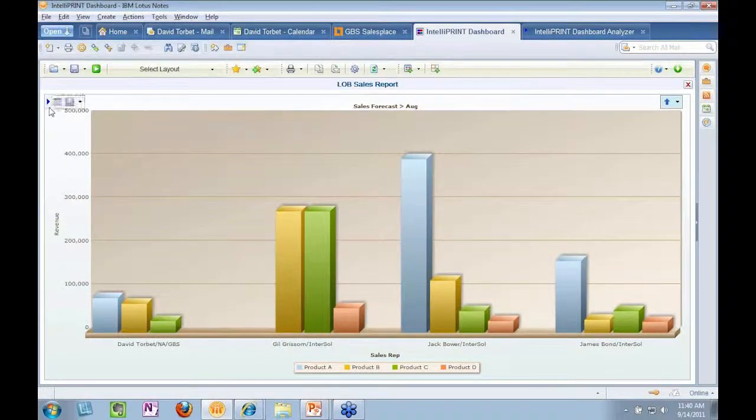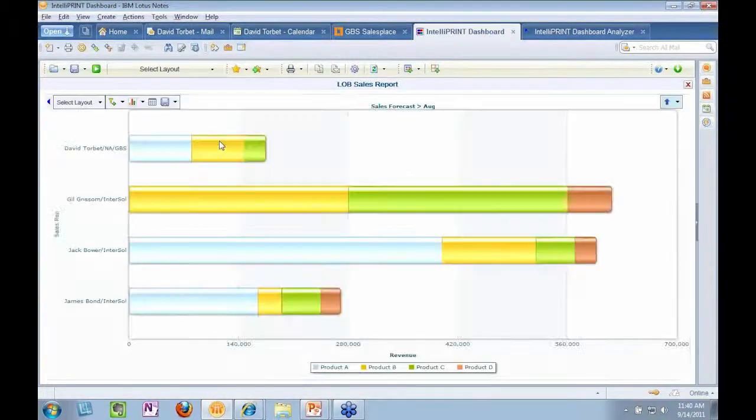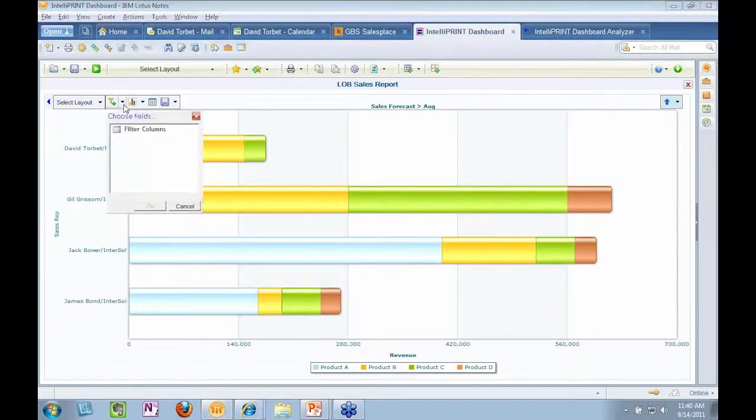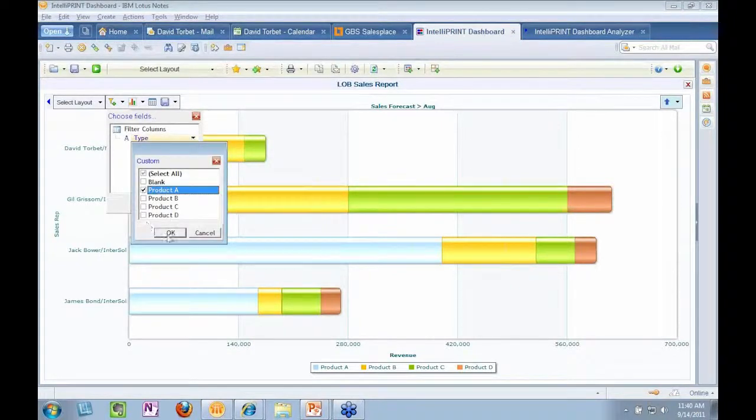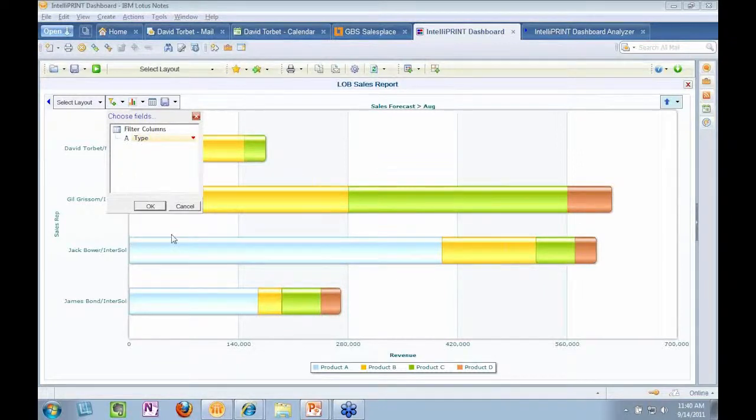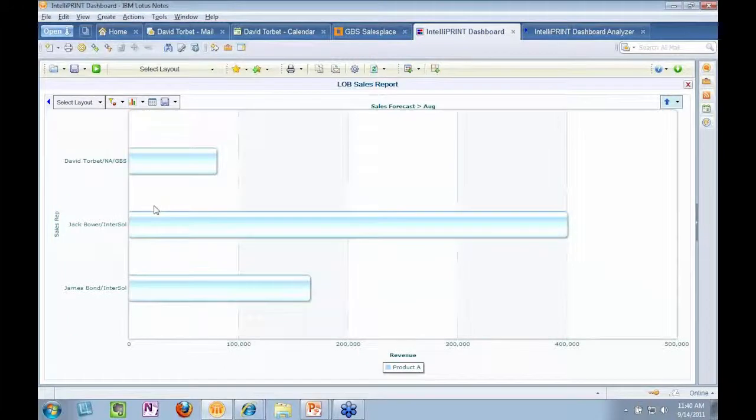If this isn't the way I want to visually look at that, obviously we can change how that information is visualized just with the click of a button. If I want to look at the forecast and I want to bring a filter into play and narrow it down on a particular product on the fly, again, there's a wizard type interface where I can actually apply this filtering immediately and get that filtered information in that same type of visual report